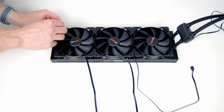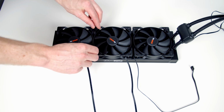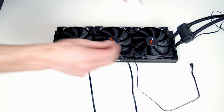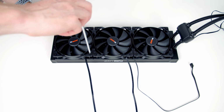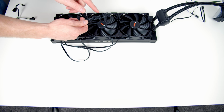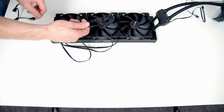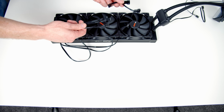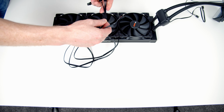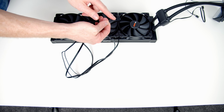Then we've got some long radiator screws that come with the AIO. Coming from our three fans, we've got three 4-pin fan connectors, and all these fans are going to need to go into the CPU fan header on our motherboard. But that's not a problem because Be Quiet include a triple fan splitter cable, so we just need to go ahead and plug these in. There we go, we've now got a single 4-pin fan connector which is going to go into our CPU fan